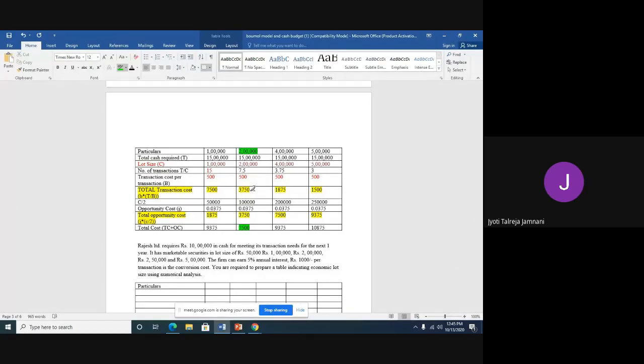And when we get the optimum cash balance, what I have told you is that we have a trade-off between transaction cost and opportunity cost. Trade-off means balance. So both should be equal, both should be balanced. See here, your transaction cost is how much? 3,750. And what is your opportunity cost? 3,750. Both are equal, yes. So that's what I'm trying to tell you. Whenever both are equal, the total cost is minimum, and that is the optimum cash balance. If these two are not equal, that means you have made some mistake in solving the problem.